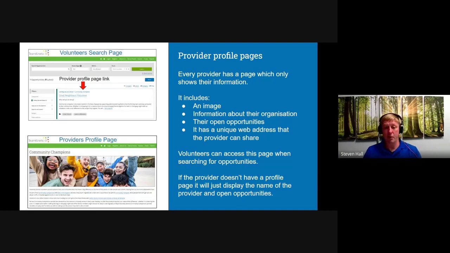If they click on the provider name, it will go to the provider profile page. And if they haven't populated that provider profile page, then all they're going to get is the name of the provider, then a list of open opportunities, which is fine, but it's not ideal. Ideally, you really want them to put a bit of blurb in. You know, we're a netball club in the Northwest and we offer these types of opportunities, refereeing, you know, all that kind of stuff,